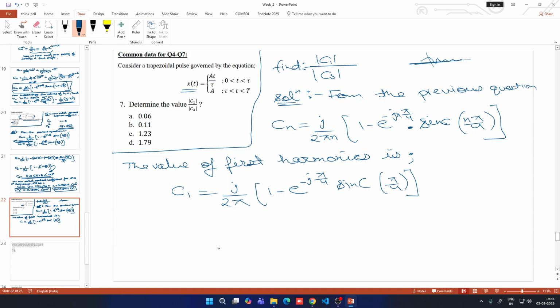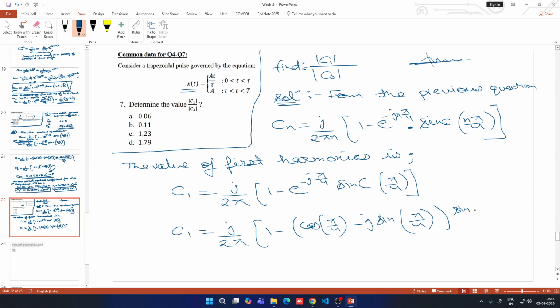We can write this using Euler's identity: 1 minus e to the power minus j pi by 4 can be written as cos pi by 4, which is 45 degrees, so cos 45 is 1 by root 2, minus j sin pi by 4, multiplied with sin pi by 4 by pi by 4, because sinc we are directly writing as sin x by x. When we solve this we will get C1 as